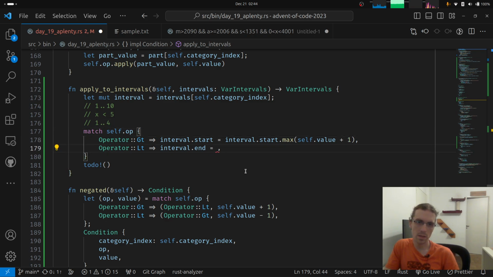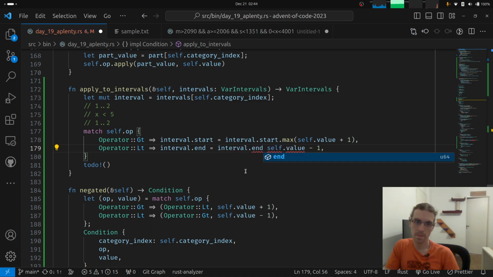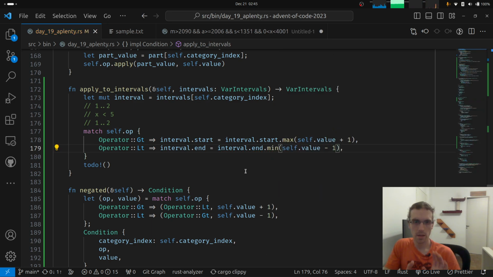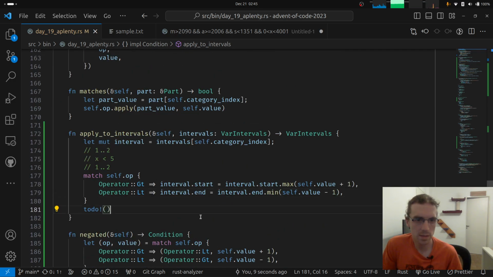So this has to be self value, like this reduces the interval to self end to self value minus 1. But what if the initial interval was already little? Well, it has to be the same, so it's gonna be the interval ends min with this guy. Okay, so I think we have sketched out. Oh wait, this is to do, but